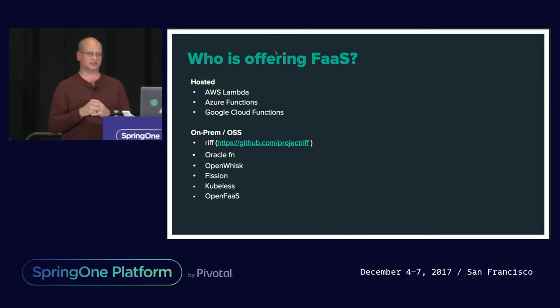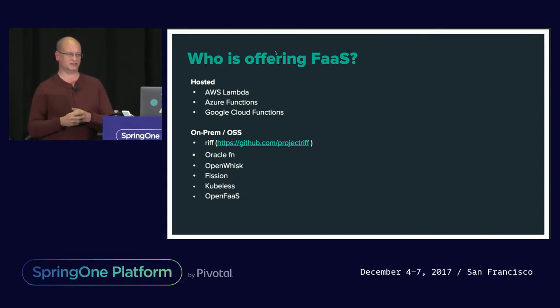So who has serverless at the minute? Who's using it and who's offering it? Here's a short laundry list. There are some hosted services. I've already mentioned a couple of them. AWS, Amazon Web Services, was the first. I think Google might have been technically second, I don't know. And now we've also got Azure Functions, which is a very rich platform, quite interesting, with lots of features, lots of nice Java SDK features as well. Those are hosted, and they come with the big beware sign that you might suspect they're trying to tempt you to use their other services. It's not just about serverless. Lambda wants you to use Kinesis, and Azure wants you to use